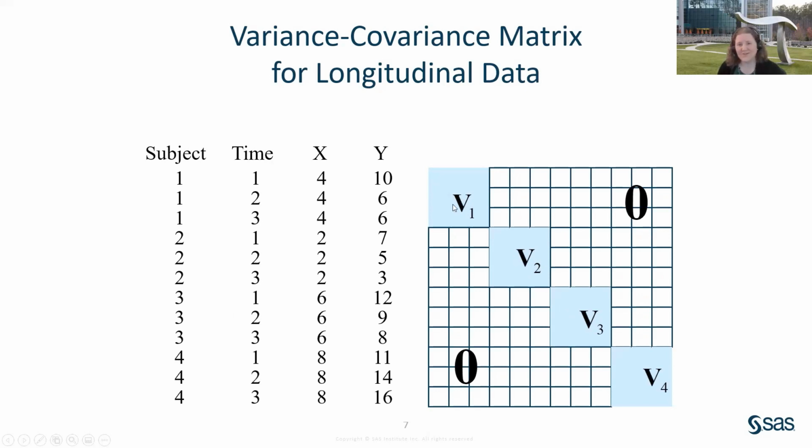Now, subjects are still going to be independent of each other. So all these white blocks out here represent the covariance between different subjects. So these blocks are the covariances between observations of subject 1 and observations in subject 2. So subjects are still independent. But inside this blue block, these are observations from the same subject, and they are no longer going to be